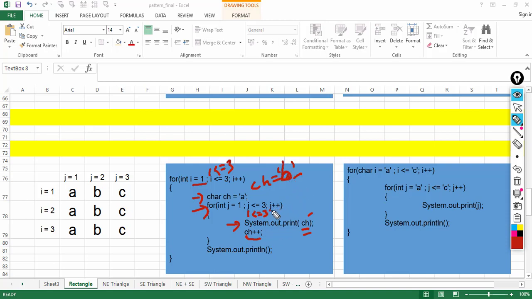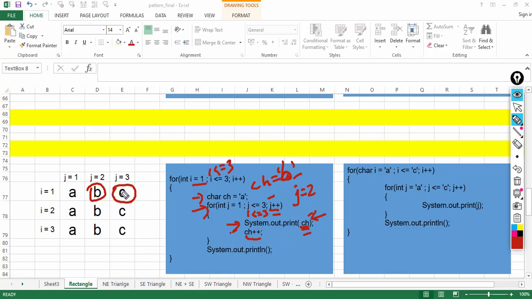Control comes here, J will become 2. So when J is equal to 2, condition is 2 less than equal to 3, control comes inside, and this time the value of CH is B, so B gets printed. Similarly, J will become 3 now, control comes inside, and value of CH this time is C, so C gets printed.